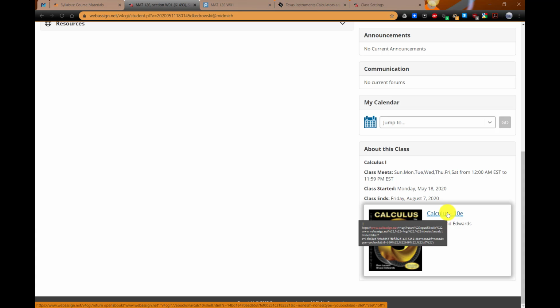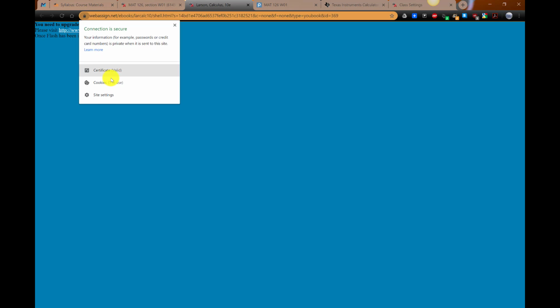We're using an old edition of the book, or slightly older. There's an 11th edition now, but we're using the 10th edition, and they haven't updated the 10th edition yet to deal with Adobe Flash Player. I should say to not work with Adobe Flash Player. So if you click on it, you might get a message like this. And I can tell you within Chrome, which is a browser that tends to work pretty well, assuming that you have installed Flash Player, once you've gotten to this point, you can go up here and click on this lock, and you can go to Site Settings,